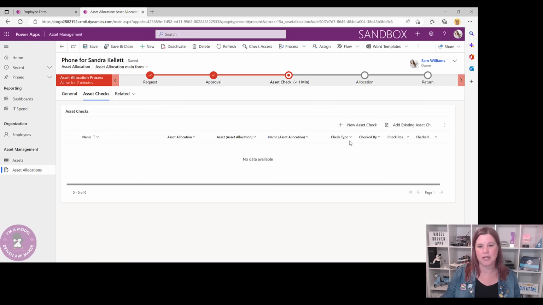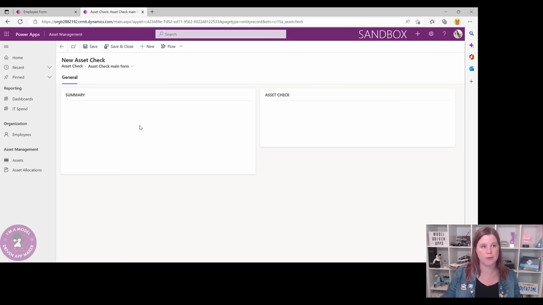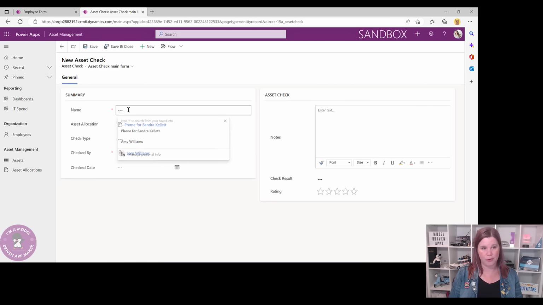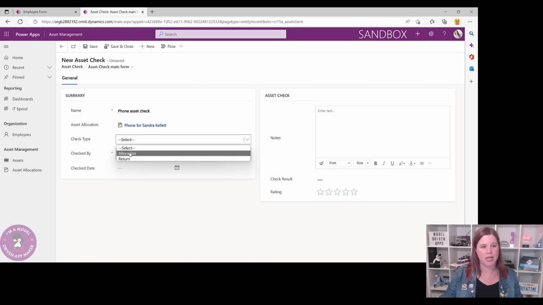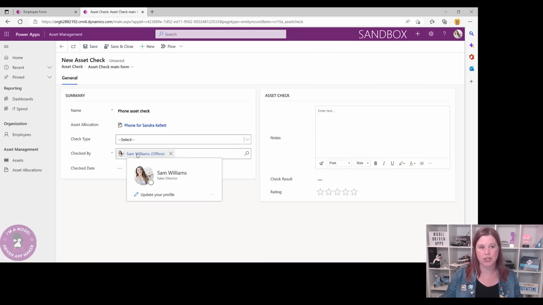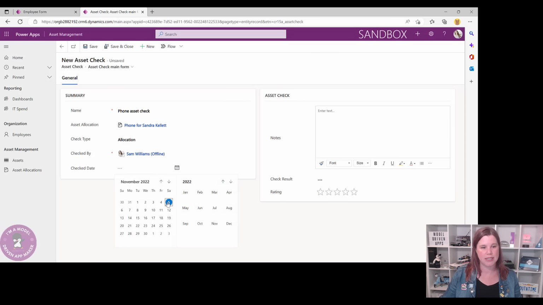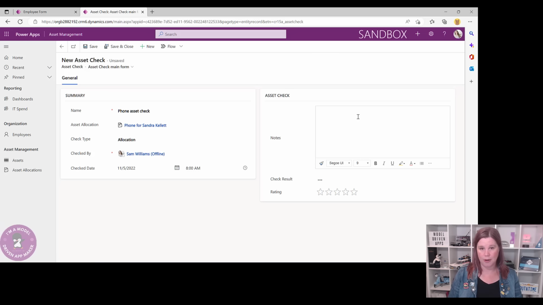So we've got our asset checks here. Someone would be responsible for doing this check. We're going to go phone asset check. The check is on the allocation rather than the return, so we might want to be checking it as it's being allocated out as well as when it's being returned. The date is today that we're checking it. Great condition, long battery life,